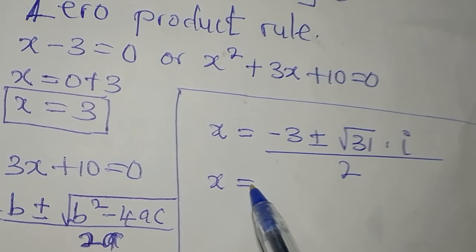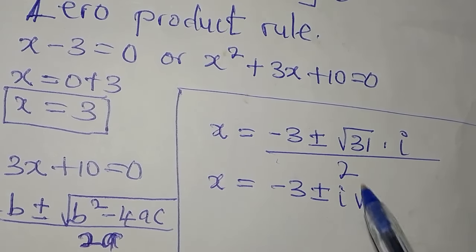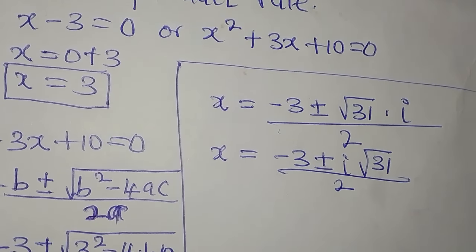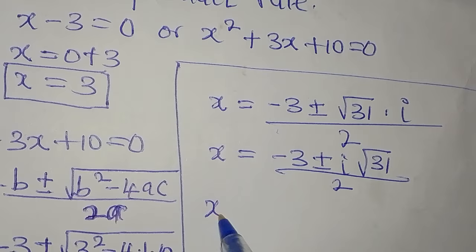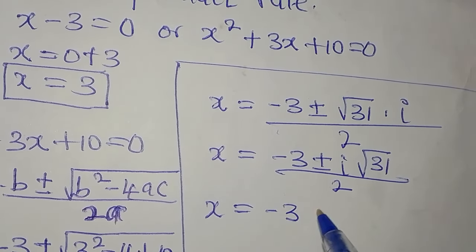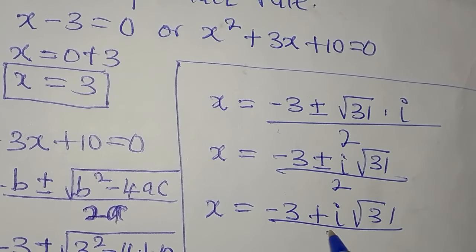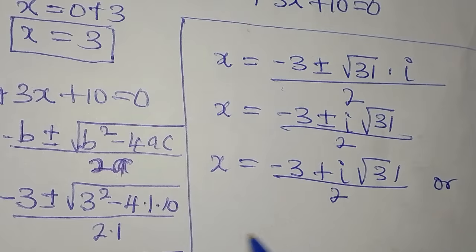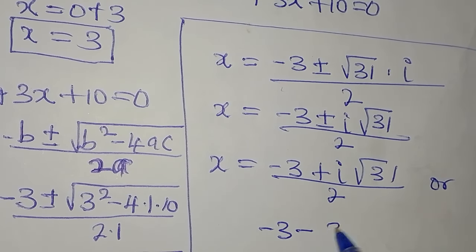So x can be minus 3 plus or minus i root 31 over 2. As a matter of fact, our x is minus 3 plus i root 31 over 2, or we have minus 3 minus